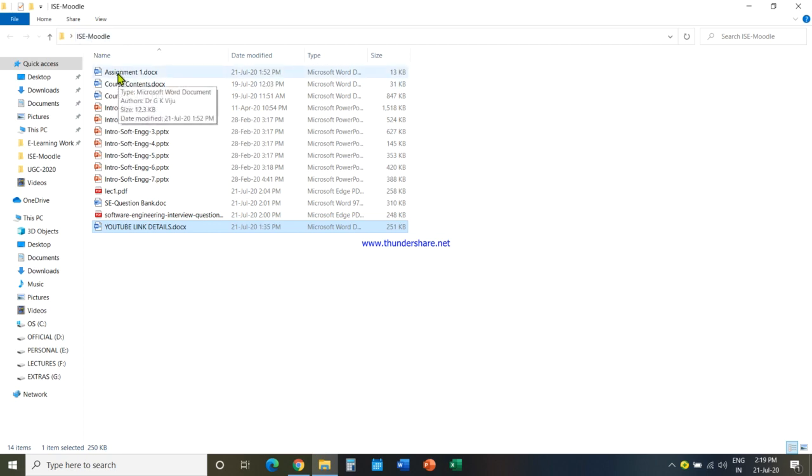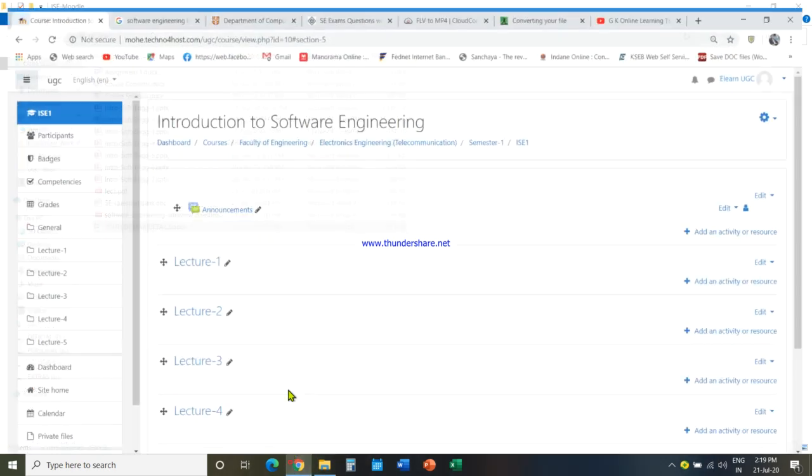So whenever I am going to attach the given information, it will become easy for me to find. If you are creating, for example, some of the information in documents, some of the information in downloads, some of the information in any one of the folders, it is always difficult for us to search from here. It will take some time. Instead of that, make everything in one place so that it will become easy for you to upload the given materials.